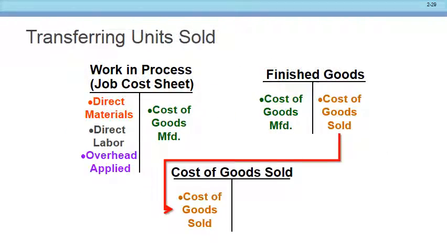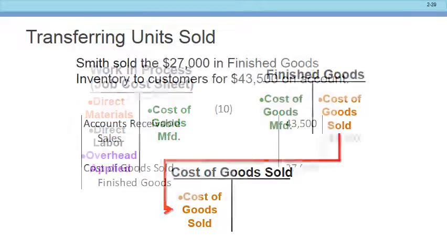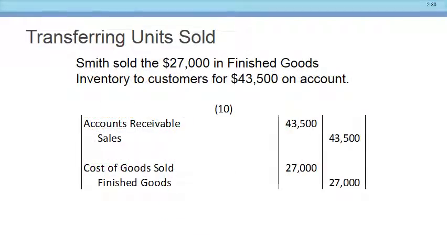Okay, and there you see how they did that. Took that to the cost of goods sold. And there you see the journal entry. And don't forget to get your money for this, right? We're not just giving this stuff away. As you sell it, you're going to debit your cost of goods sold, and you're going to credit your finished goods as it comes out of finished goods inventory. Now this is 101A. Now we're back to 101A as you go ahead and set up your receivable, set up your sale.